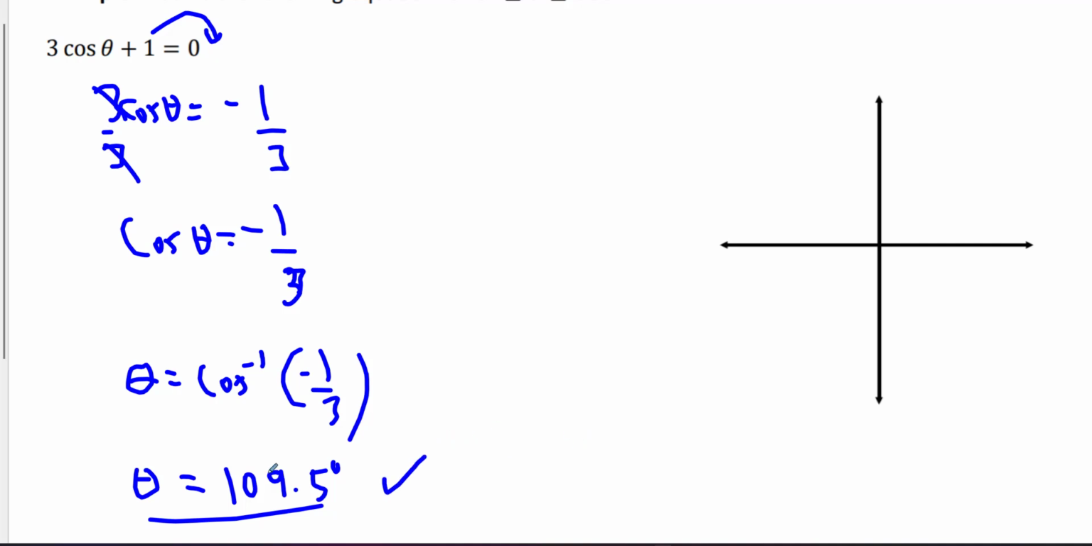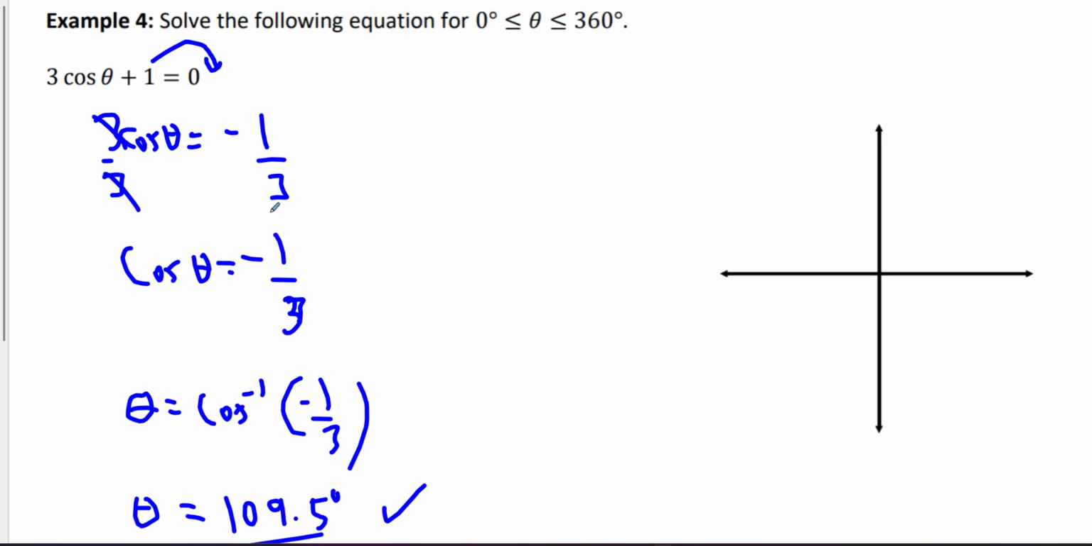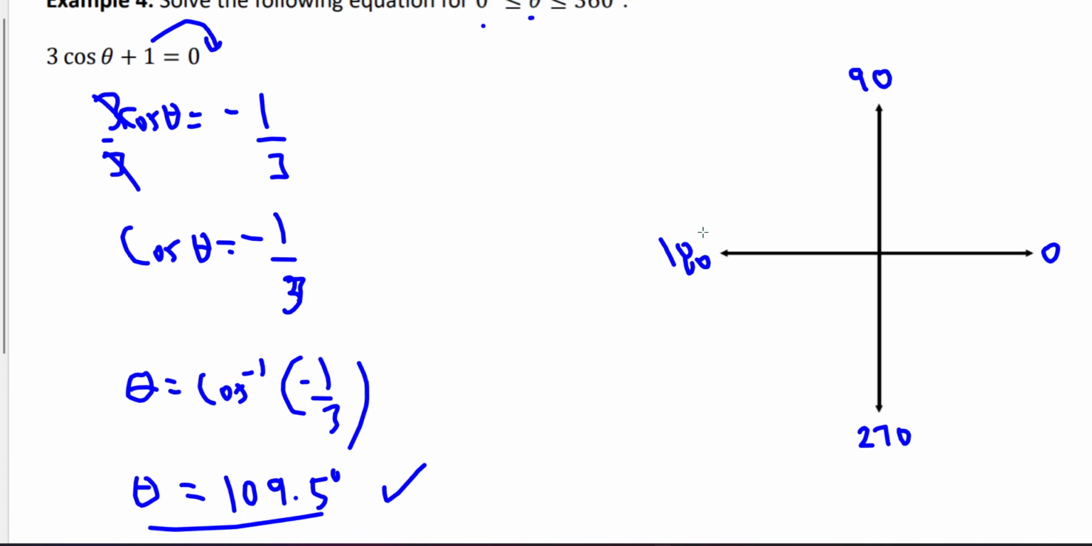We're technically done because we resolved what angle will give us a value of -1 over 3. But let's draw this out. Solve the following equation for angle theta between 0 and 360. So when it's written like that, we need to solve for all answers possible. We know the first terminal arm is going to be in quadrant 2 because it's bigger than 90 but less than 180. And we know that this is a